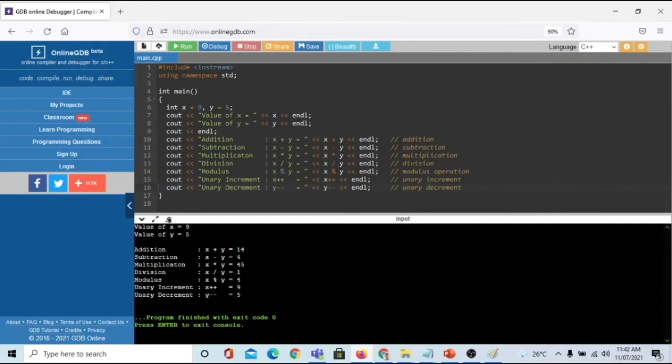Mas madaling maintindihan. So, ibig sabihin, yung value ng x mo is 9, your y is 5. Okay? Nang inadd mo sila, naging 14. Nang minus mo sila, naging 4. So, multiplication, 45. Division is 1. Ang kanyang remainder is 4. Tapos nag-increment ka, kaya from 9, so dapat to magiging 10. Di ba? So ito, mukhang hindi siya na-applyan, no, ng